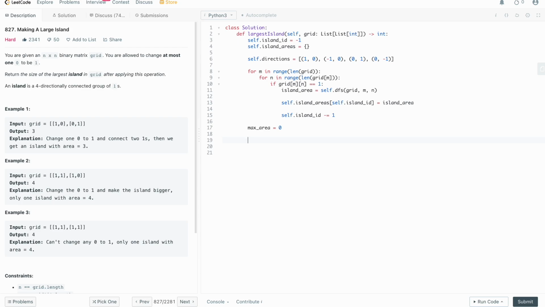So let's go through the grid one more time. We're going to say for m in range len grid. We're going to say for n in range len grid of m. Okay, if the current position is actually a 0, then we want to flip it to a 1 and figure out what the maximum area is if we were to do that. So we're going to say if not grid of m n, so essentially if our current value is a 0, we're going to say the area is 1 because that 0 flips into a 1, so that is at least an